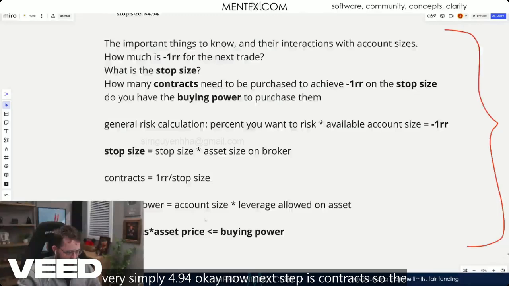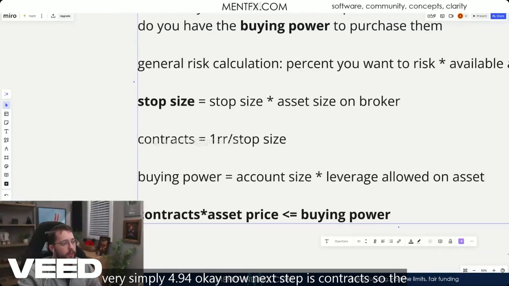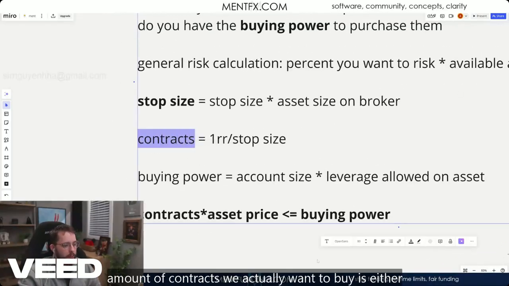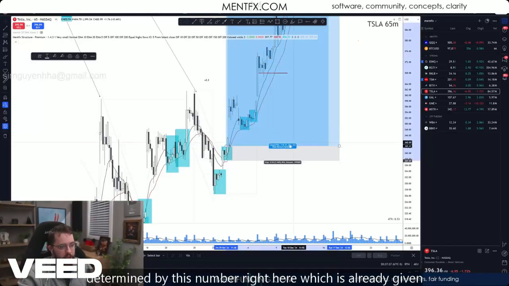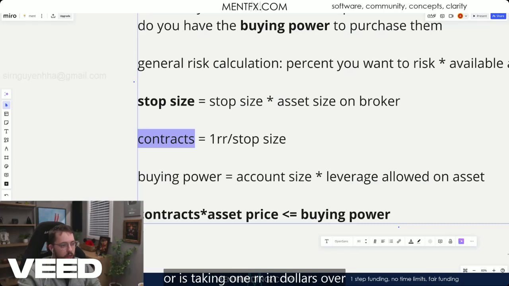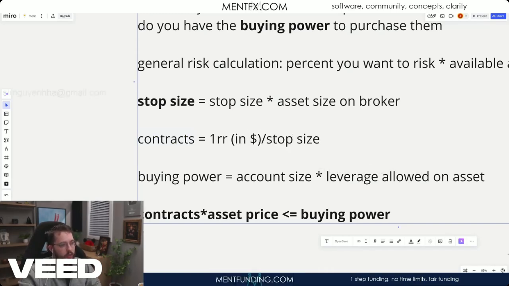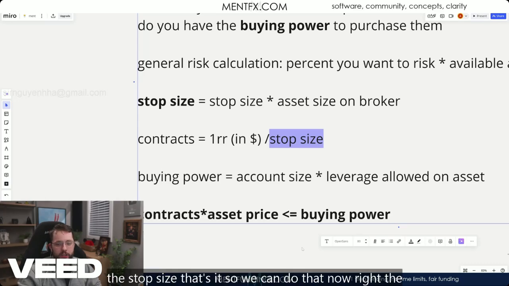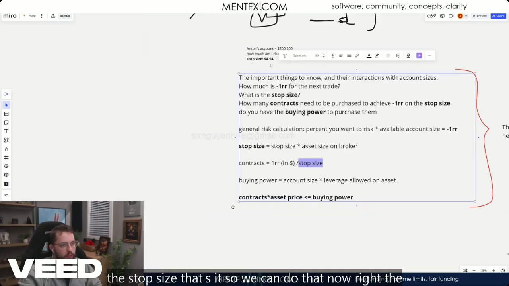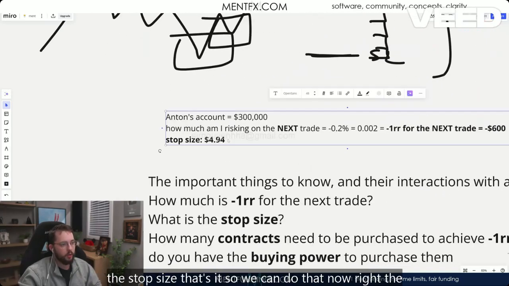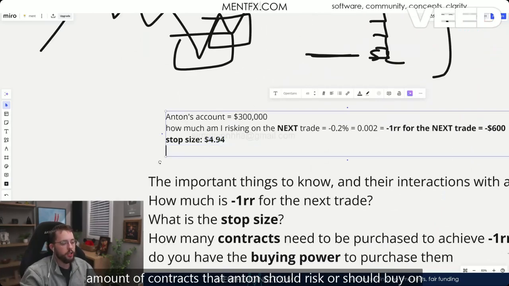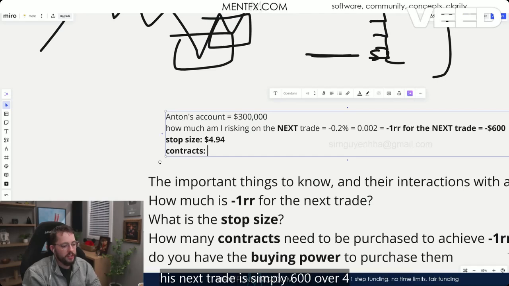Now, next step is contracts. The amount of contracts we actually want to buy is either determined by this number right here, which is already given to us, or is taking 1RR in dollars over the stop size. That's it. So we can do that now, right? The amount of contracts that Anton should buy on his next trade is simply $600